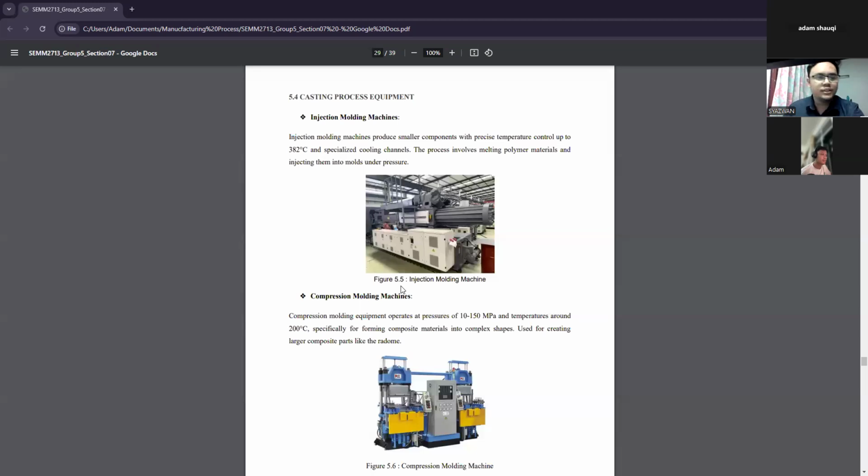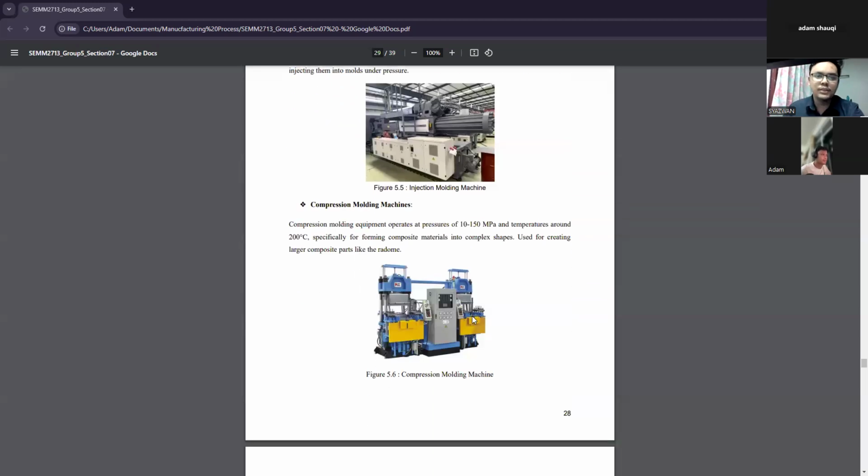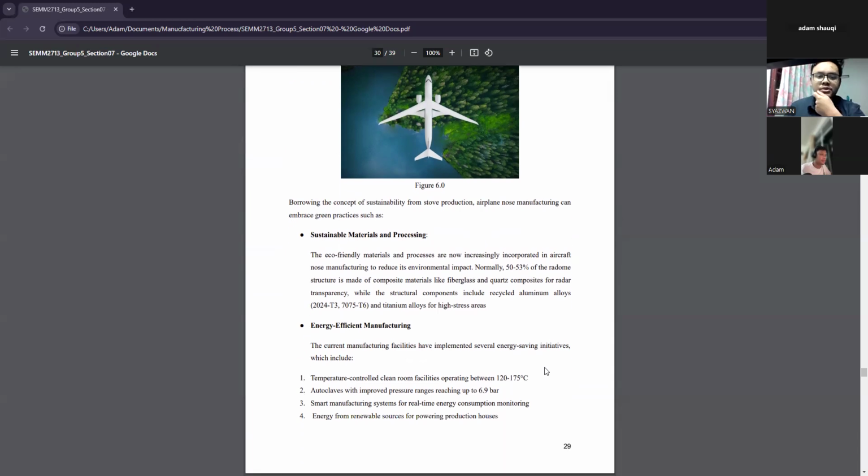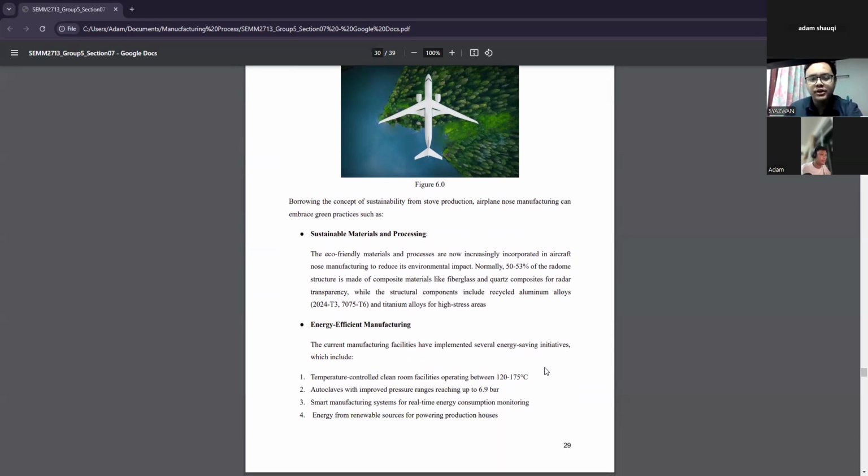Okay, so next one is chapter 6, which is green manufacturing and sustainability. Green manufacturing in aircraft nose production has transformed significantly through sustainable practice and environmental consciousness. Modern aerospace manufacturing facilities now employ eco-friendly materials and processes, with radome structures utilizing 50 to 53% composite materials like